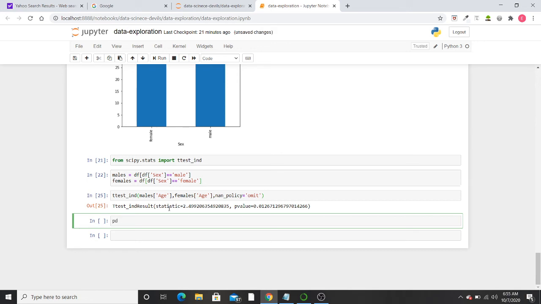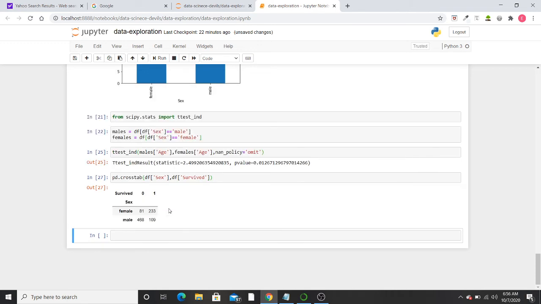So for generating the table, I'll write pd.crosstab, df, our pandas object, first column, first categorical column to be more precise, sex, and then df, second categorical column, which we are taking, survive. Okay, so this has given to us a nice looking table where survive 0 1 and female male.